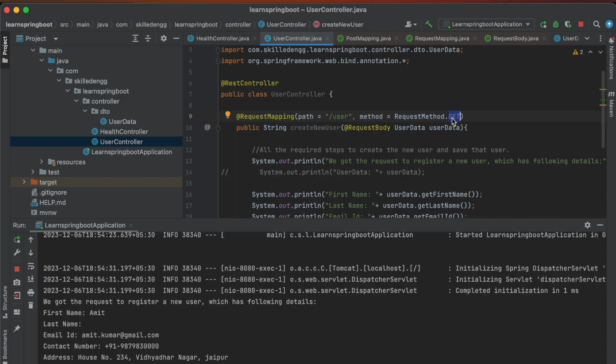So although we can use any HTTP method and we can make this work for even the request body where we want to insert some data to our server or to our database, it is a convention that whenever we are inserting or we want to create some new data on the server or database, then we should use the POST API or POST HTTP method.